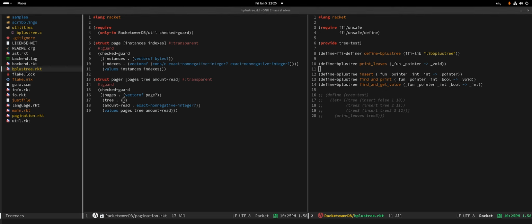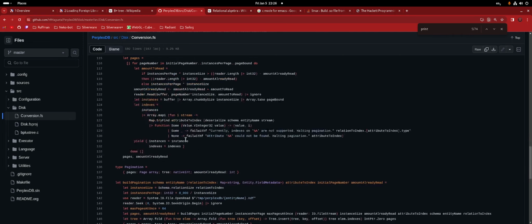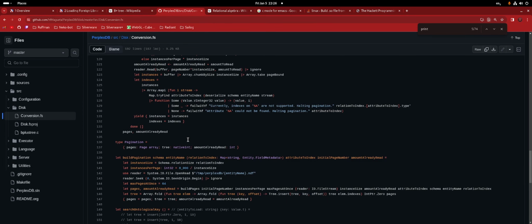So, type layout, that's quite interesting. That is a good question actually. I was waiting for you to say, I don't know how to do that.